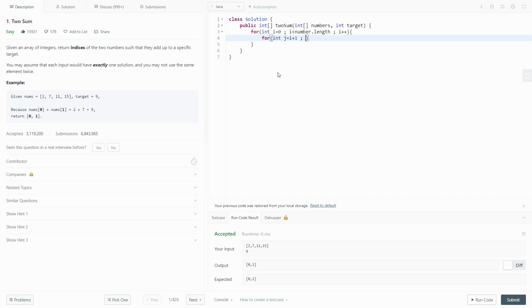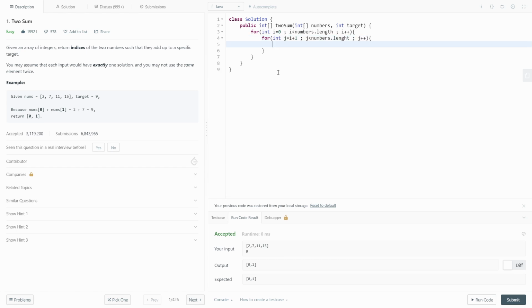If you do j equals i, initially j and i will have the same values, and we do not want that. That's why we are using j equals i plus 1, and j less than numbers.length, and j plus plus.